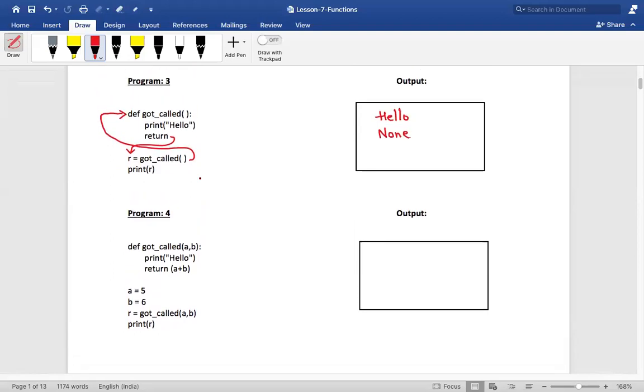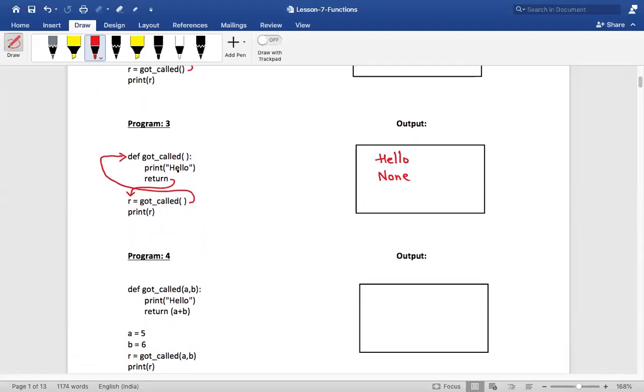Chinmay Shri, what is it that you did not understand? What I'm trying to tell you is that when I say return statement and I'm not giving any value, there is a value called None which gets filled in this variable R. If you don't return any value and you're trying to collect the return value into a variable, there is something called None which gets filled into R, and that None indicates false.